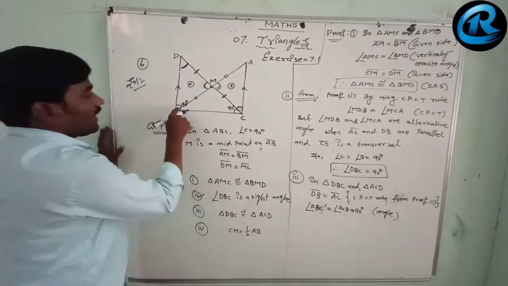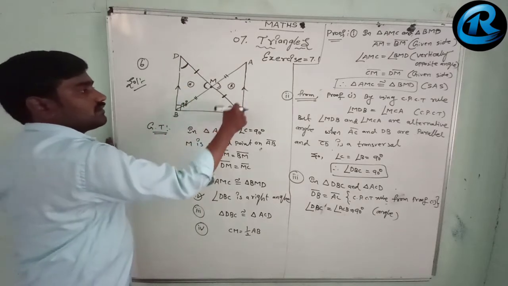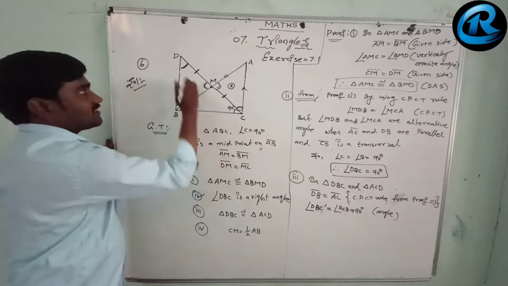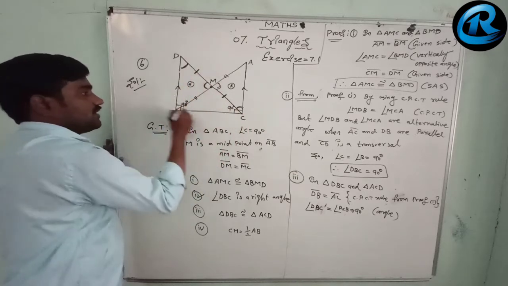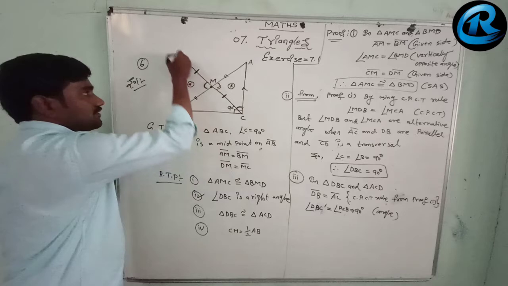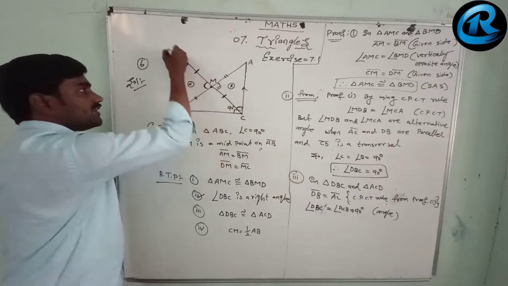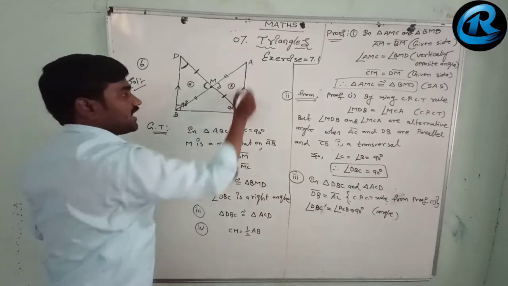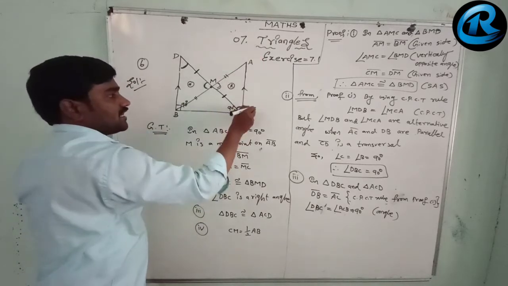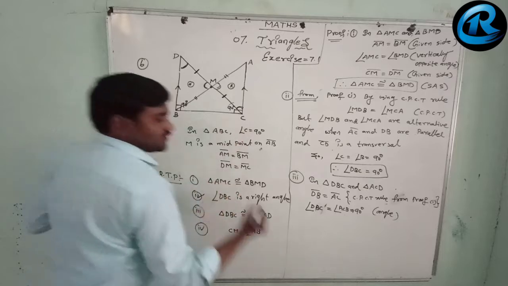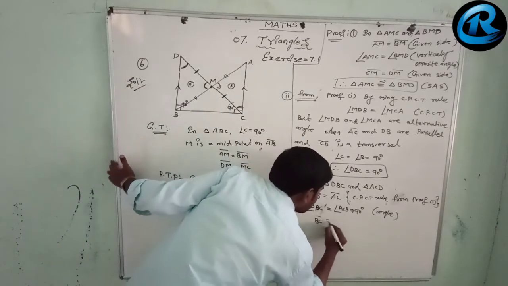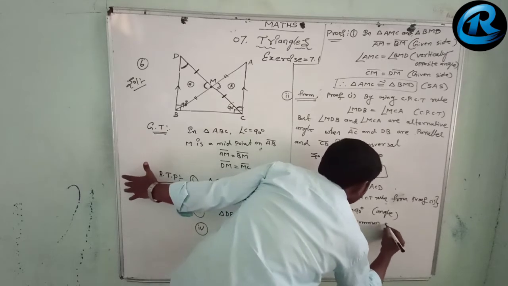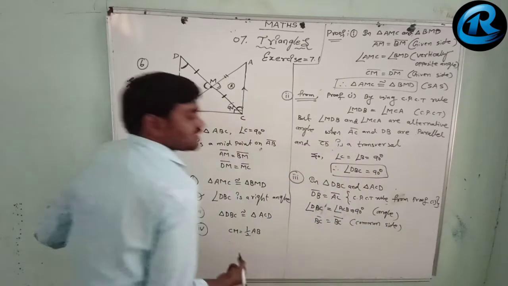Now next, 90 degrees, this side and this side, this angle and this angle. Now BC is a common side. DBC, only DBC మాత్రమే చూడండి. DBC లో DB, angle B, BC. In ACB, AC, 90 degrees and BC. So BC is a common side. BC equal to BC. It is a common side.